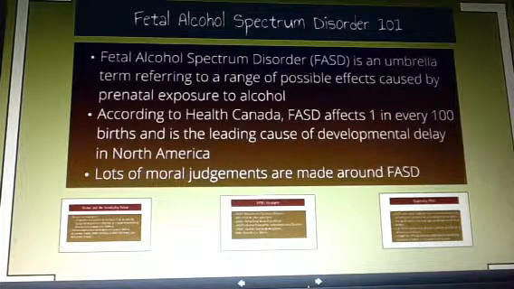Another thing to keep in mind is that there's often 3 or 4 weeks before a woman even knows she's pregnant. She could have unknowingly damaged her fetus before she even realized she was pregnant. So you do not have to be an alcoholic to have a child affected by FASD. Another thing to remember is that FASD has only been recognized since 1973, and there's still lots of conflicting messages about whether or not it's safe to drink during pregnancy and how much it is safe to drink. So the best thing to keep in mind is that there is no safe time or safe amount to drink during pregnancy.